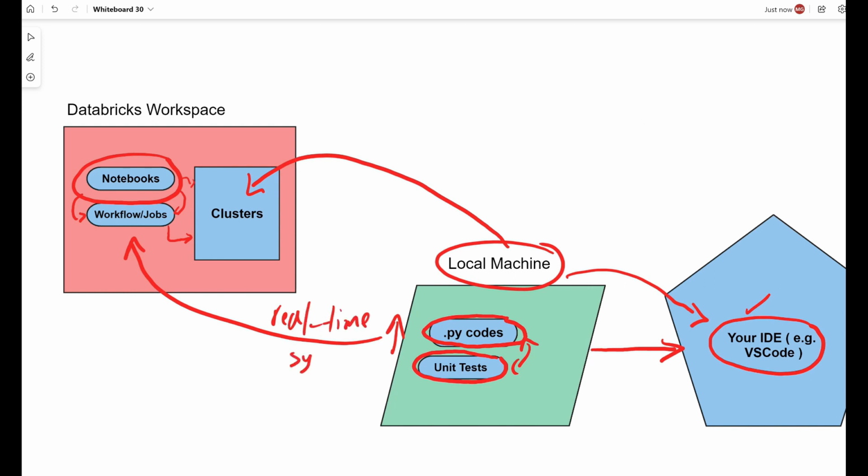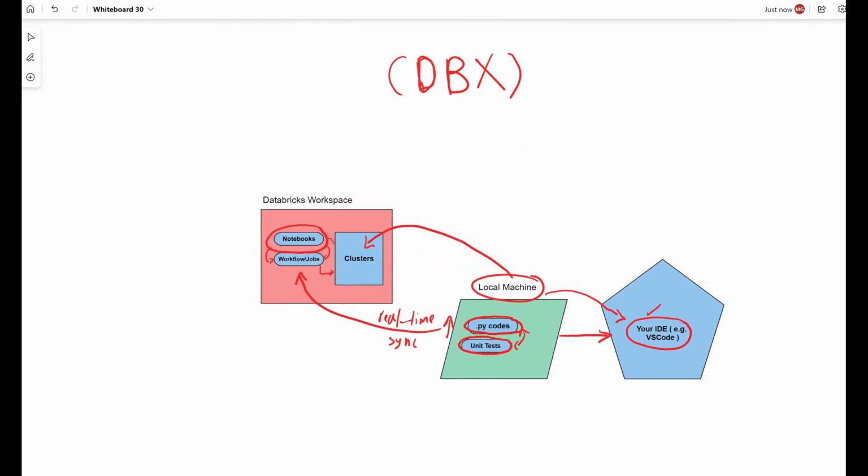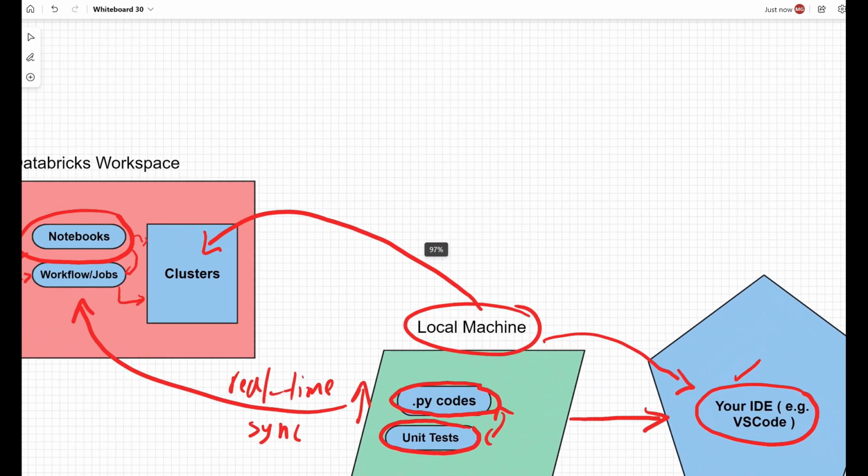Real-time sync. So when you develop code, you should see the exact synced code on your local machine. You should see that your code is getting real-time synced in the Databricks workspace. Now, the answer is the solution. Okay, the question is, how can I achieve this? And the answer is